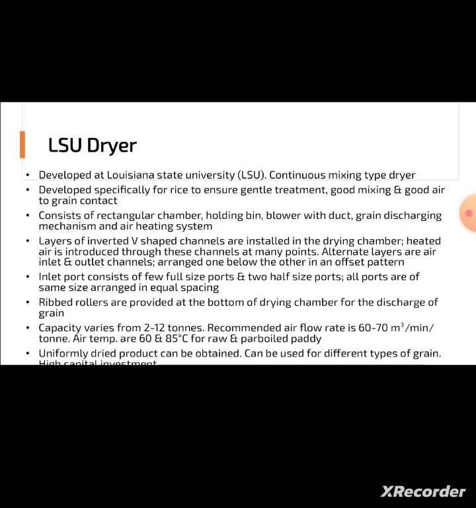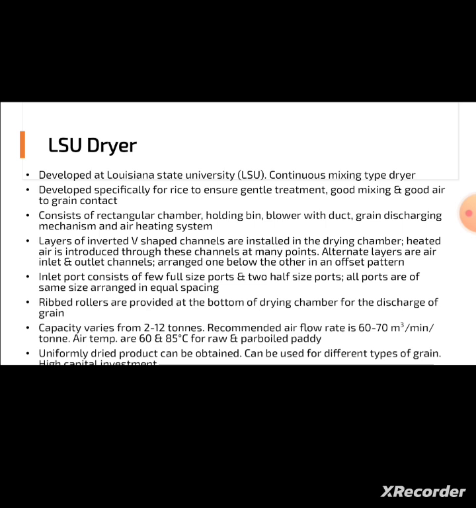The system has layers of inverted V-shaped channels installed in the drying chamber, and heated air is introduced through these channels so that the product comes in contact with the hot air and the moisture content is reduced. The capacities can vary from 2 to 12 tons, and the recommended airflow rate is 60 to 70 cubic meter per minute per ton, and air temperature will be 60 to 85 degrees Celsius